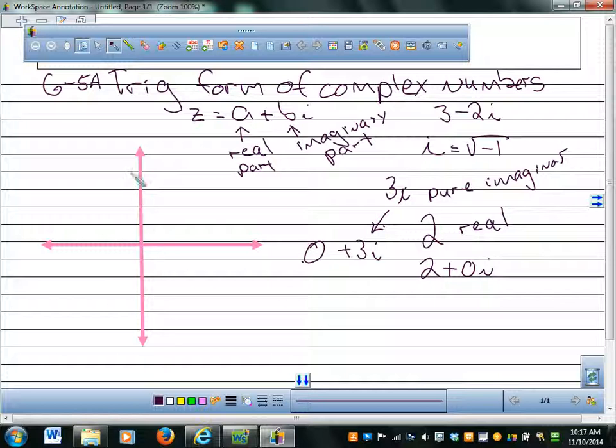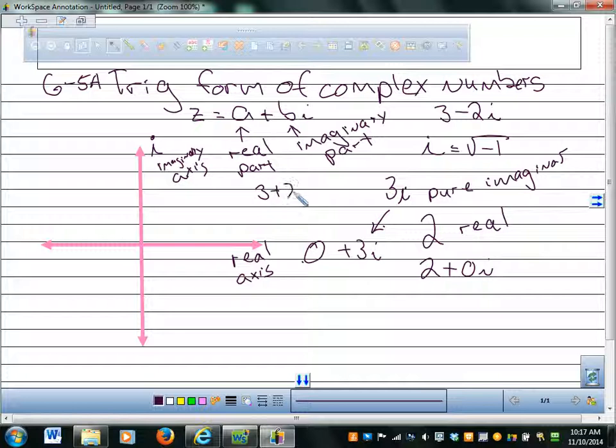So this is the imaginary plane, and this is the imaginary axis. This one, the y-axis, is the imaginary axis, and this is the real axis. Okay, real axis, and this is imaginary axis. Okay, so if I wanted to graph a complex number like 3 plus 2i, I would go over 3,